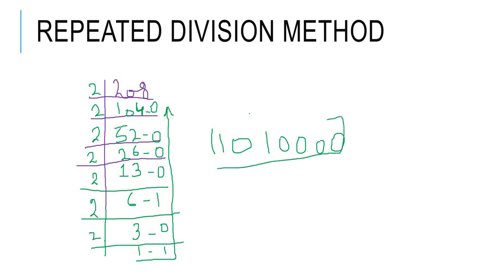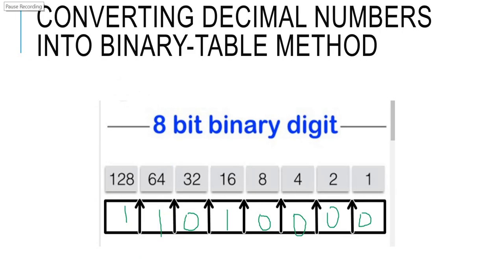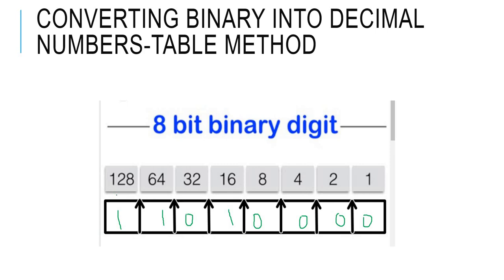Now, how are we supposed to confirm if our answer is right? We can put it in decimal, using the table method to find out about that. So we're going to add 128, 64, 16, so that we can confirm if we get 208. And so we have confirmed that we're getting 208. Now we can also verify